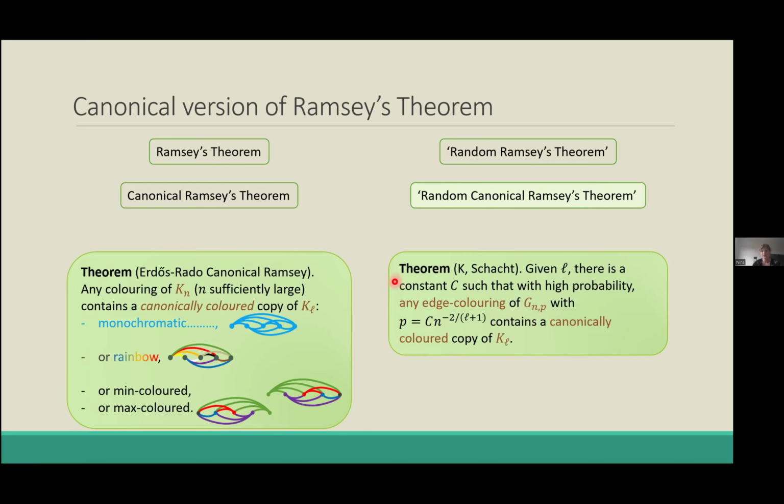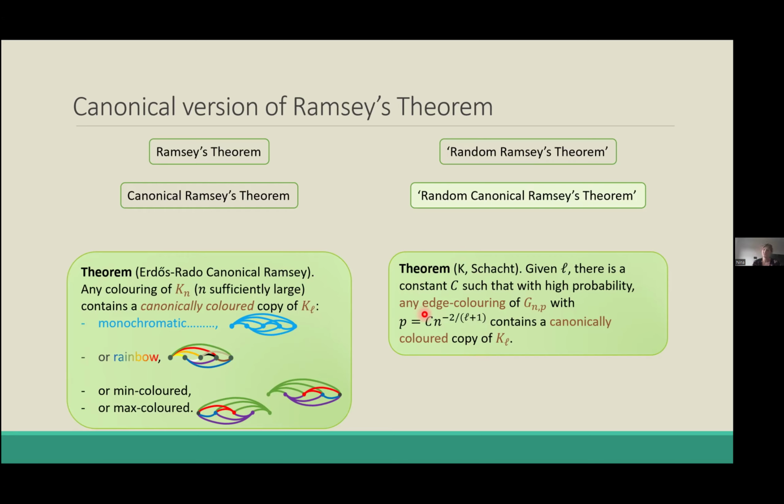And in doing so, I have to tell you a little bit about how you would prove the statement for complete graphs in the first place. So for complete graphs, the classical proof uses 4 uniform hypergraphs, and it's very nice. So you can try and prove it using 4 uniform hypergraphs in the corresponding Ramsey's theorem. However, of course, in this random setting, passing to hypergraphs would destroy us immediately. So I need to show you what's an alternative argument for the complete graph, and then try and translate that to the random setting.